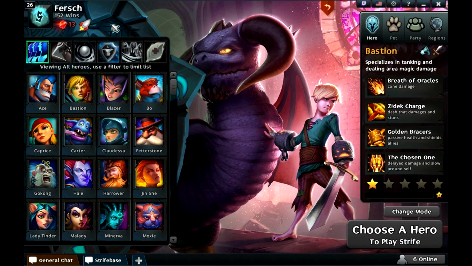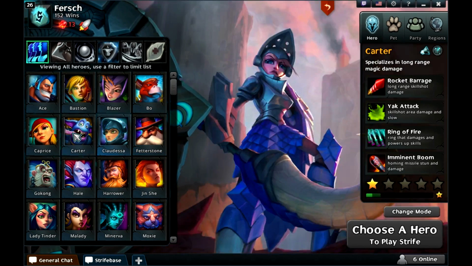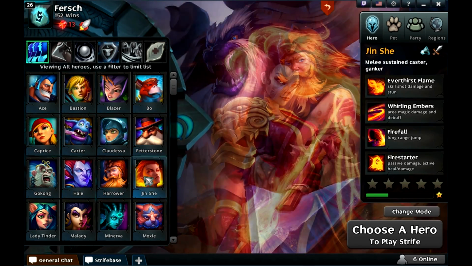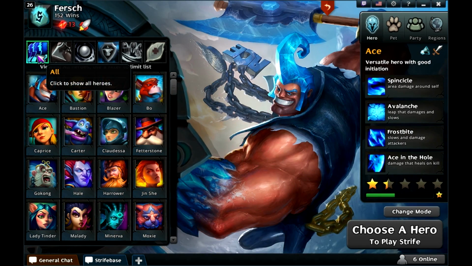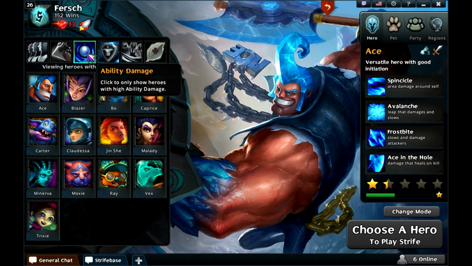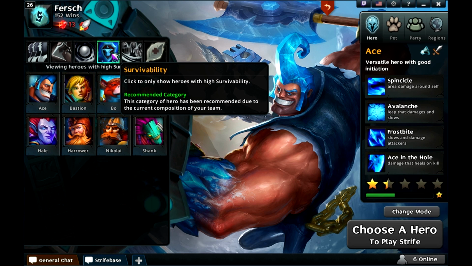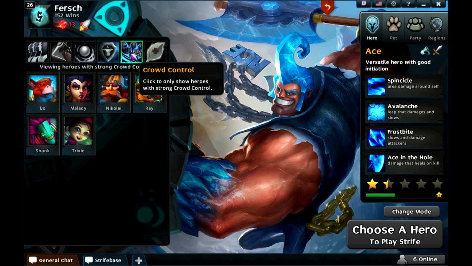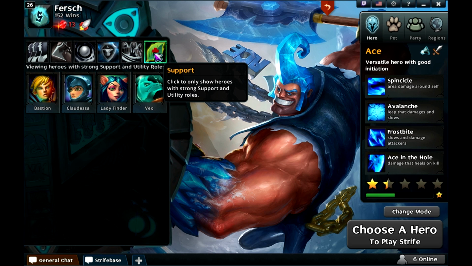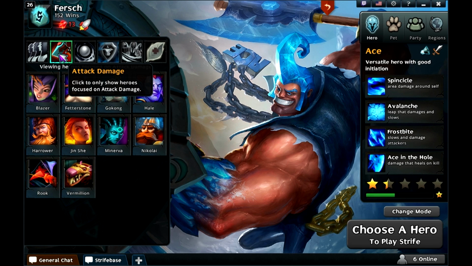Let's start with hero categorization that is already implemented in Strife. When you want to choose your hero, you can filter them by these categories: all heroes together, heroes with high attack damage, heroes with high ability damage, heroes with good survivability, heroes with strong crowd control spells, and finally, heroes dedicated for support. Each of these categories has its upsides and downsides, so let's start with the first one, heroes with high attack damage